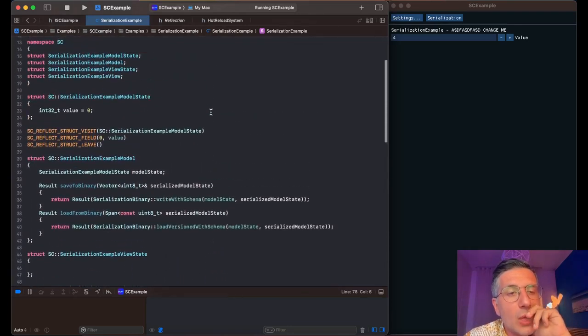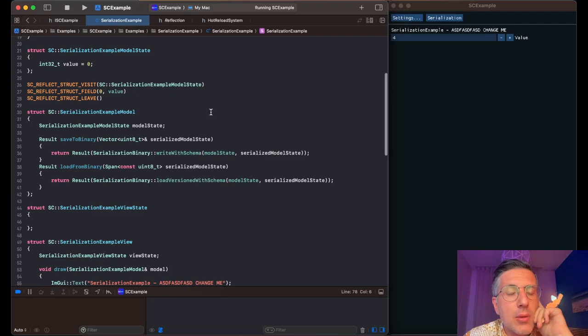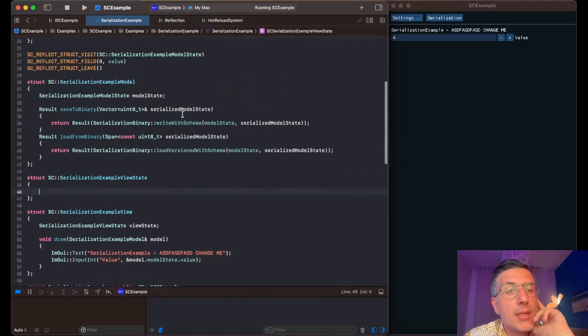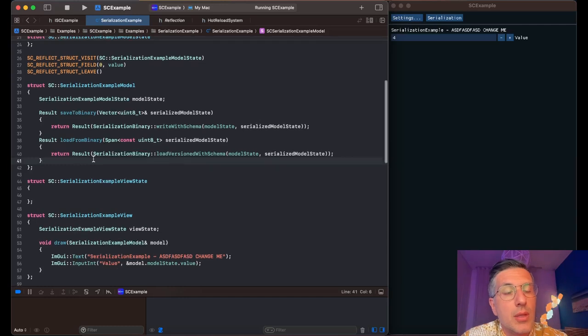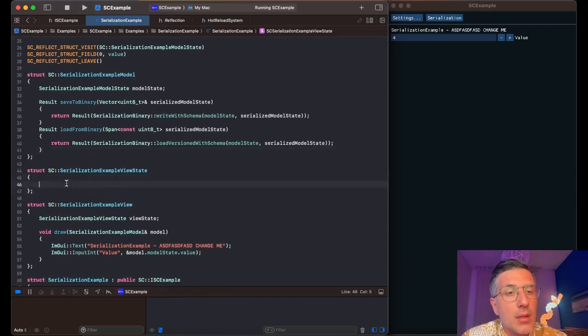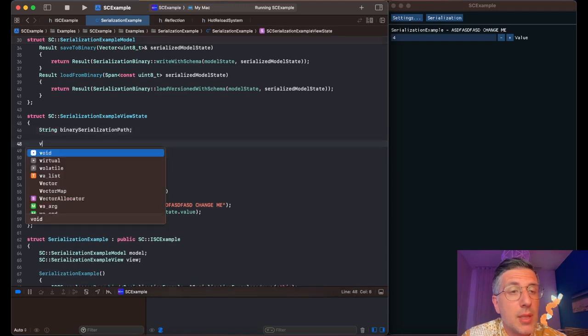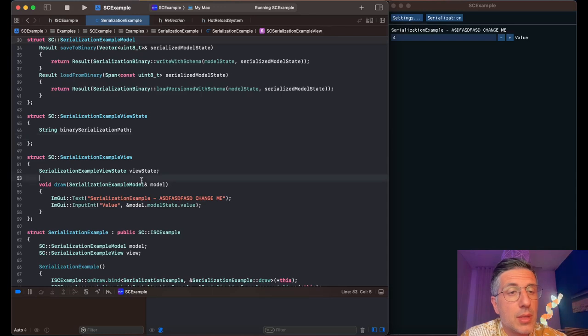So, what's next? Next now is, maybe let's also make a serialization to a file, so we can view the file. So I'm going to say string serialized model, let's say, binary serialization path. And the binary serialization path, I should initialize it somehow. How can I initialize it? Maybe let's make